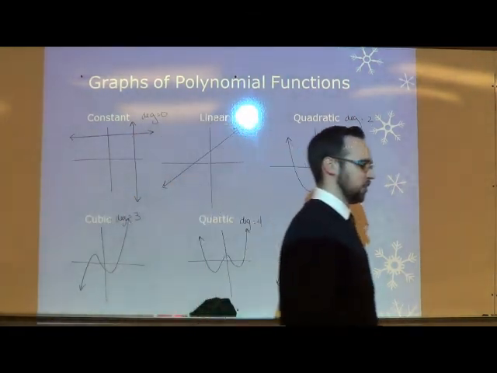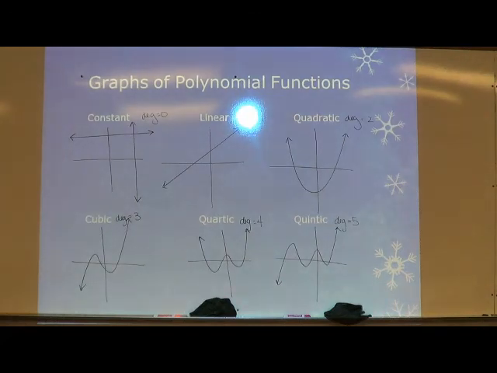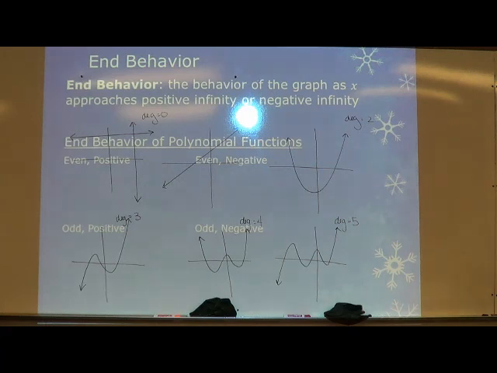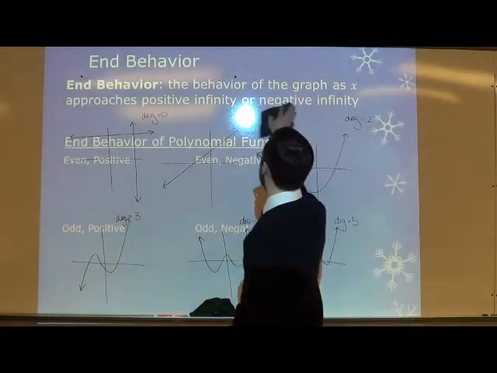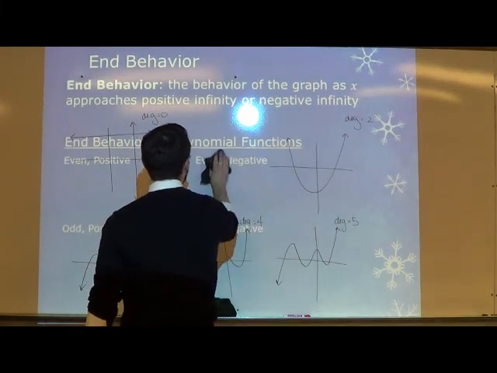And so those are just very, very general examples of what those graphs can look like. And again, it could be any sort of variation of those things. Alright, so another definition here is the end behavior, and what that is